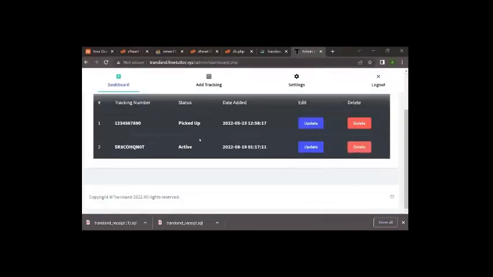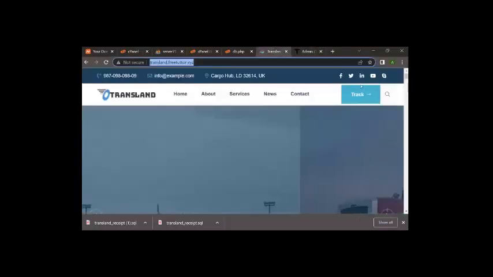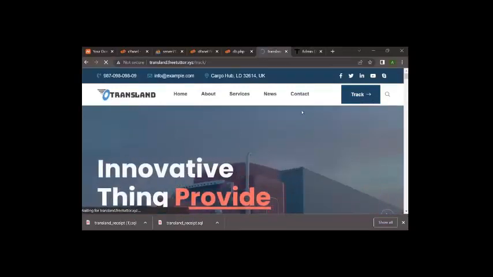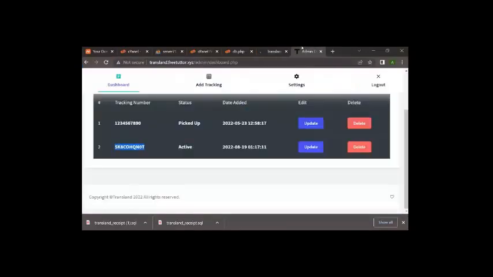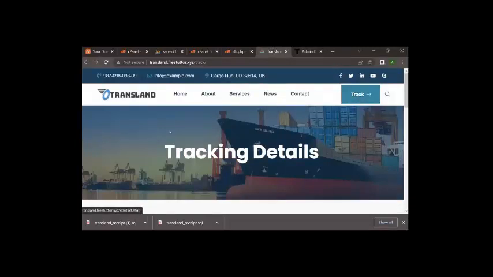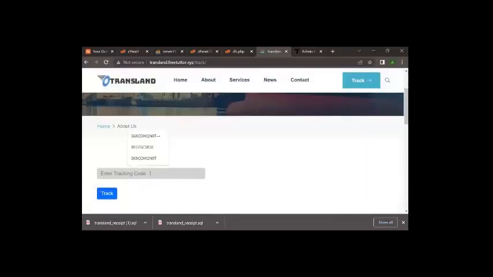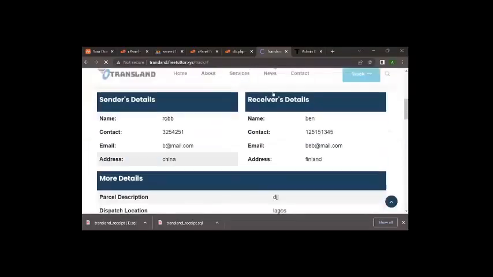Delete successful. You see, delete successful. Now let's track this one and see what it looks like. We're going to click on track on the main page. All you have to do is take the track ID from this dashboard, go to your home page and click on track. It takes you here. You place your track ID and you track. Okay, so let's create